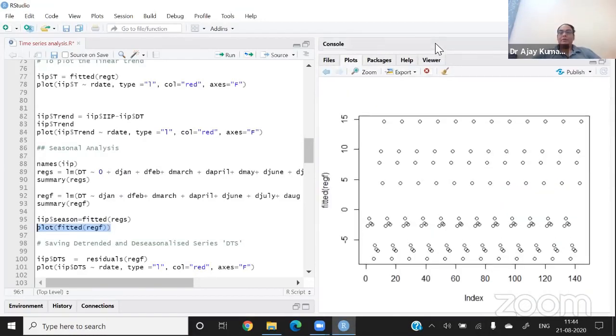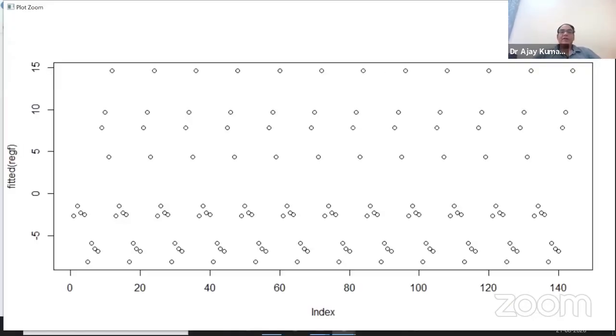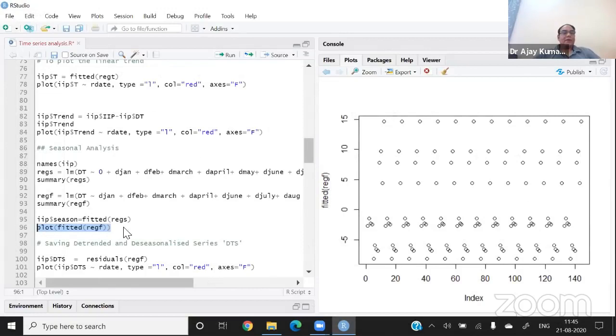This is the seasonal behavior, but actually we have to take it in the data set so that it is shown as a time series, because in this case the software is not converting it as a time series. It is a result of the analysis. But it is the seasonality which we captured.